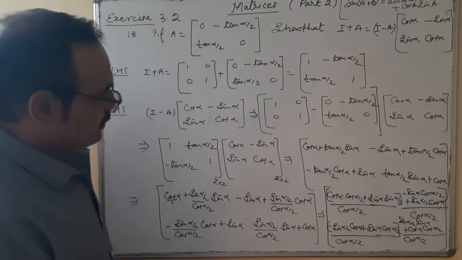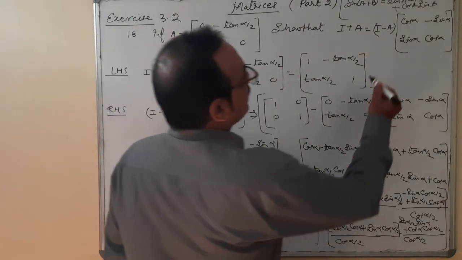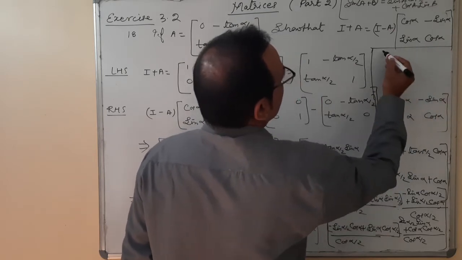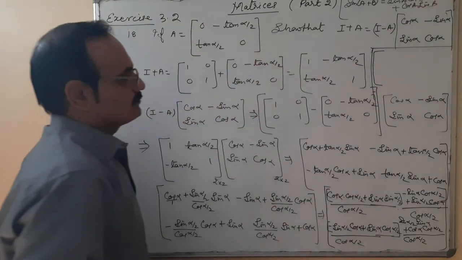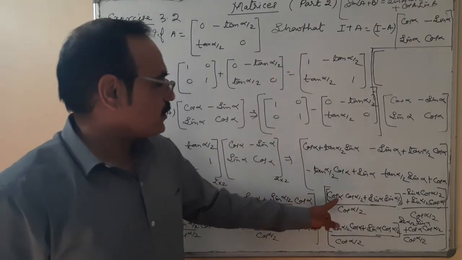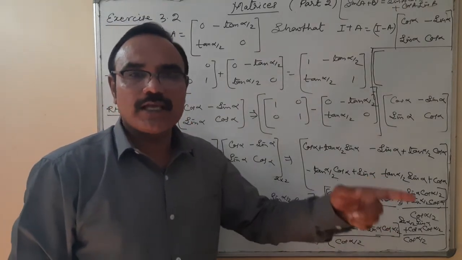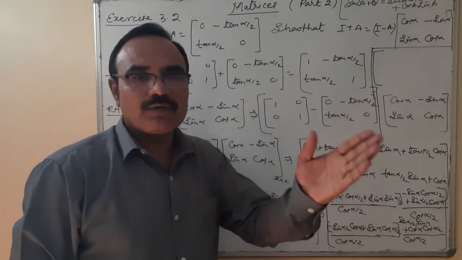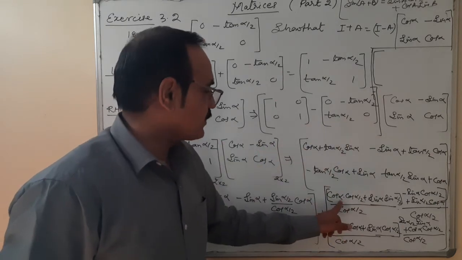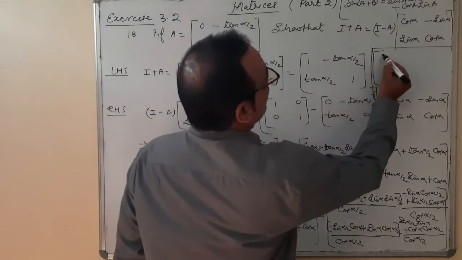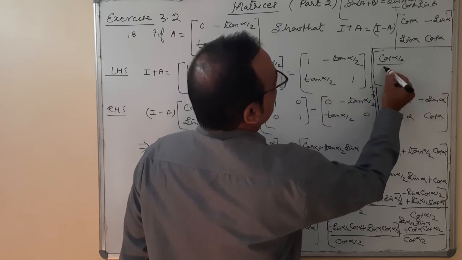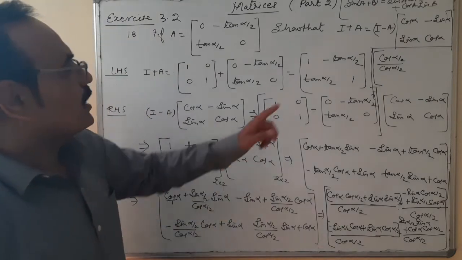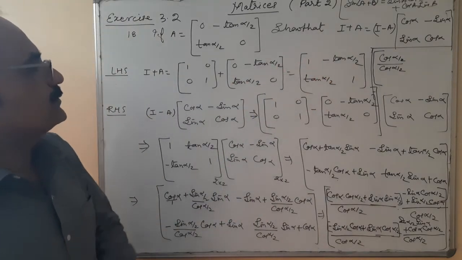Okay. So where should I write here? Okay, I am writing here. Cos A cos B plus sin A sin B, that is cos A minus B. Cos alpha minus alpha by 2, that is alpha minus half alpha by 2. So I write here cos alpha by 2. Finally, cos alpha by 2 upon cos alpha by 2. This is one term.